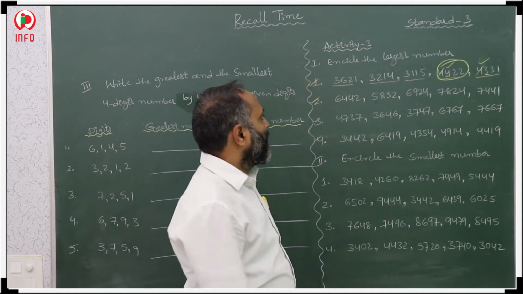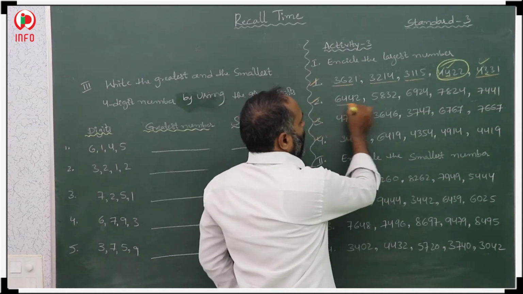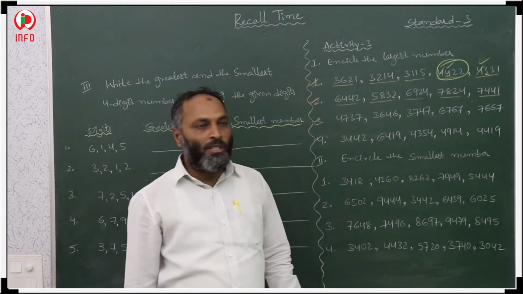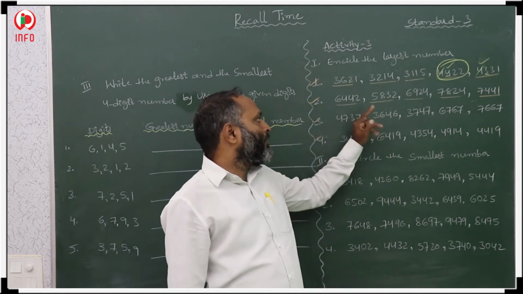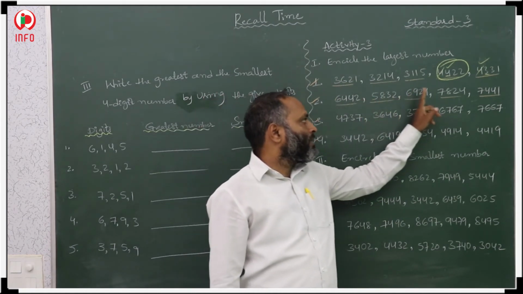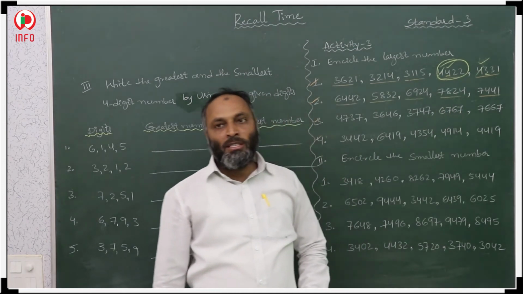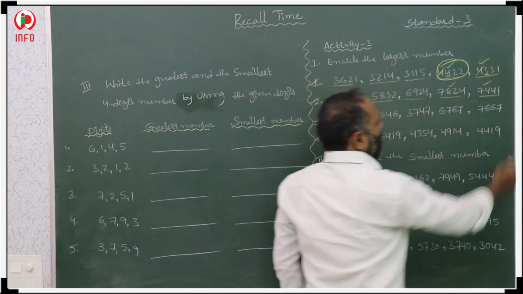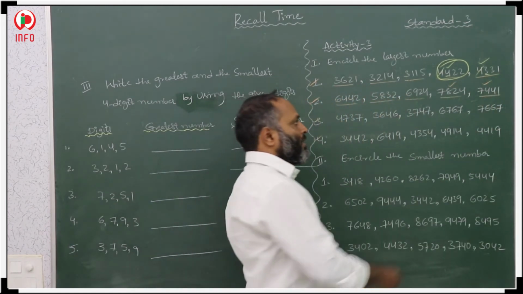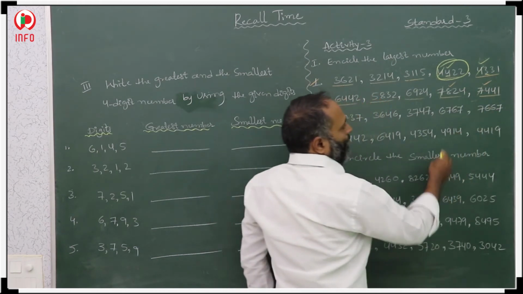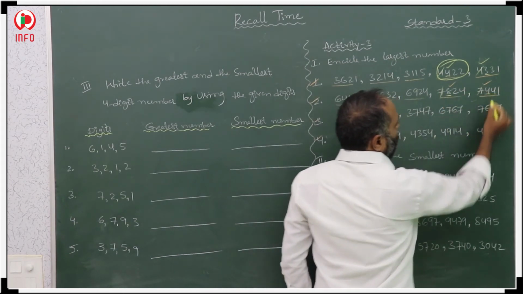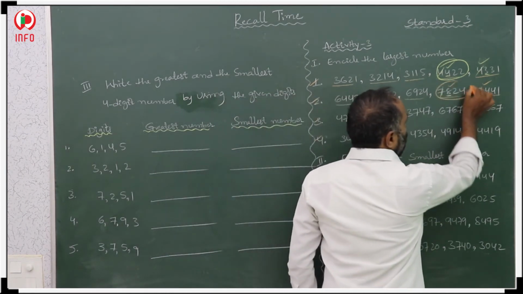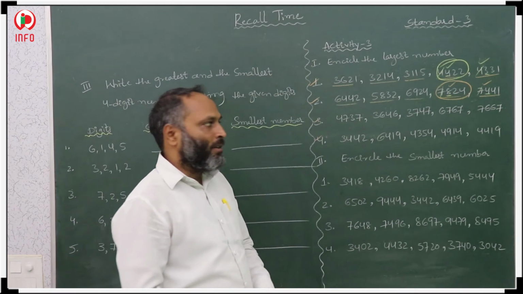Next question: 1, 2, 3, 4, 5. In these five, again we have to check the digits from left to right. 6, 5, 6, 7, 7. 7 is the largest, which means again we have to tally in these two only. The first is 7 and 7. Then 8 and 4. In 8 and 4, 8 is larger. So circle that one. This one is the largest number.